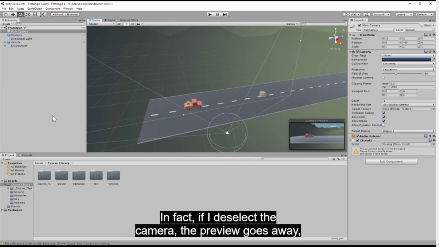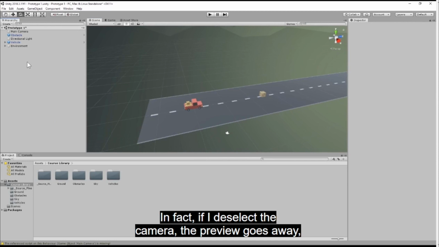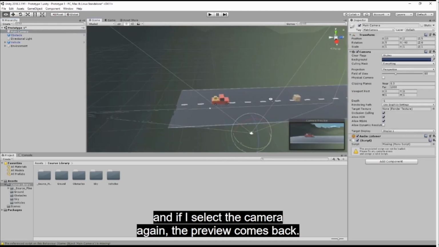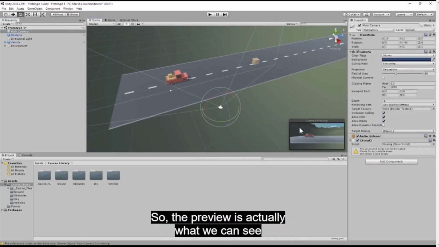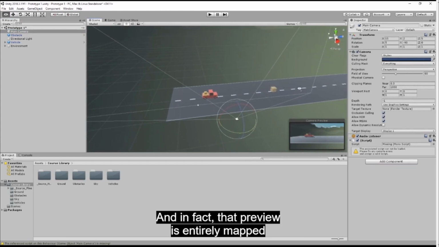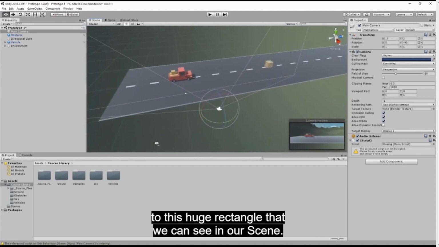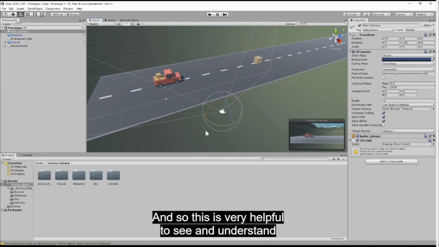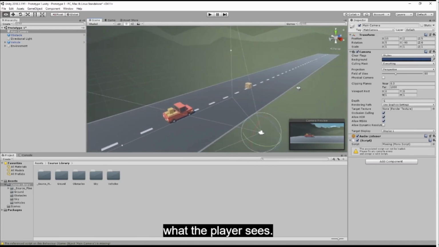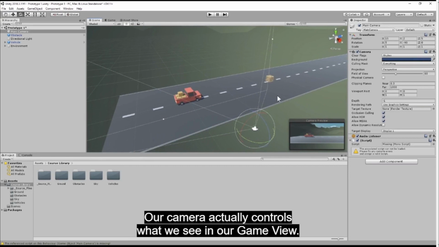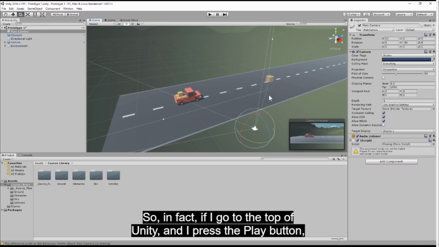In fact, if I deselect the camera, the preview goes away, and if I select the camera again, the preview comes back. So the preview is actually what we can see of what the player will see in our game. And in fact, that preview is entirely mapped to this huge rectangle that we can see in our scene. And so this is very helpful to see and understand what the player sees. Our camera actually controls what we see in our game view. So, in fact, if I go to the top of Unity and I press the play button,